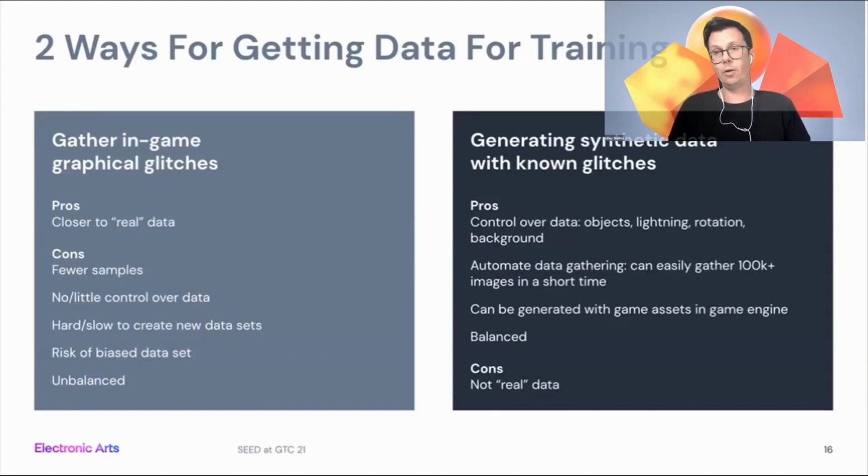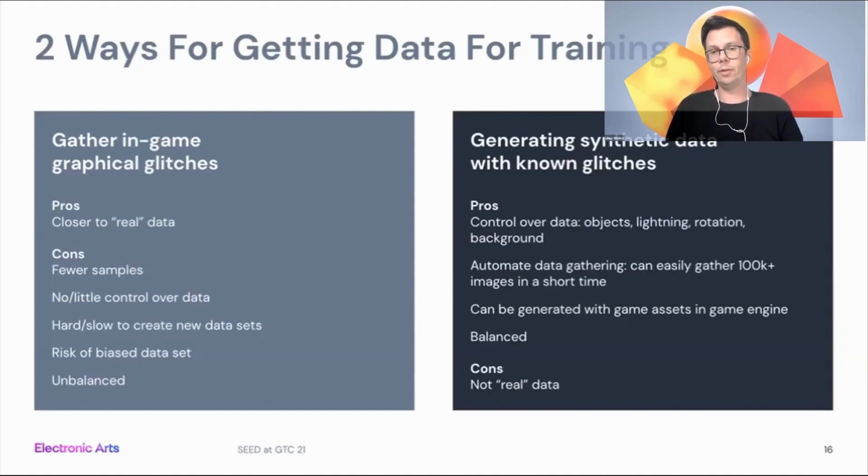Also, it's really hard and slow to create the data set because you have to do it by hand. And also, there's a big risk of biased data sets. So, for example, you might have a vast majority being one bug, and then the model will not be good at finding the other kinds of bugs.